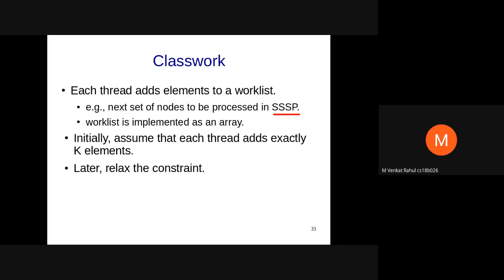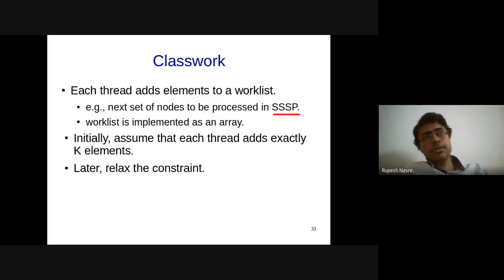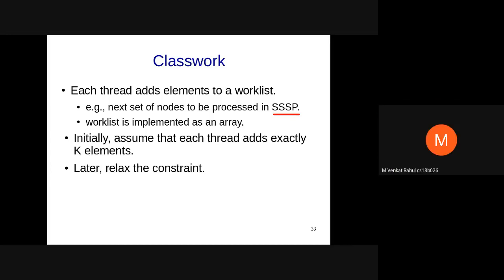Sir, I mean, we can use atomic increment and just our starting point will be k into whatever the counter is. Okay, that is one nice way of implementing this. That is correct. That instead of the counter going from 0 to k, you just have the counter going from 0, 1, 2, 3 up to, in this case, 100. And then you copy from the counter value into k to counter value into k plus k, very similar to what Amit had written. So that is one way in which this can be implemented.